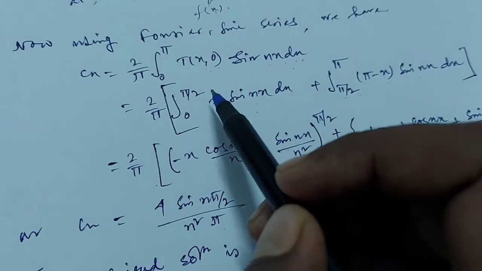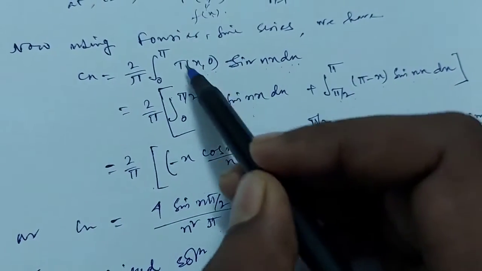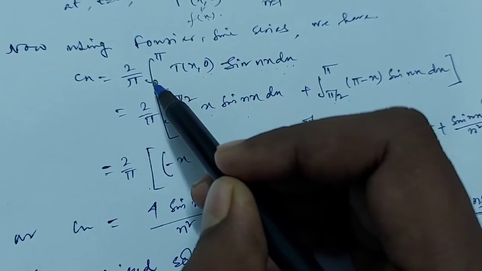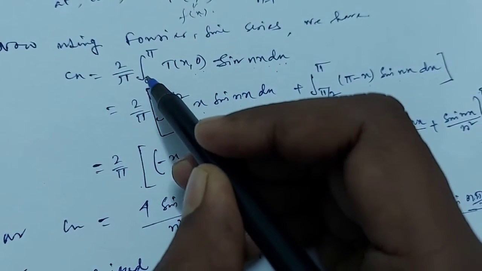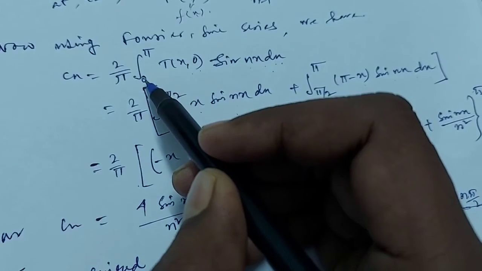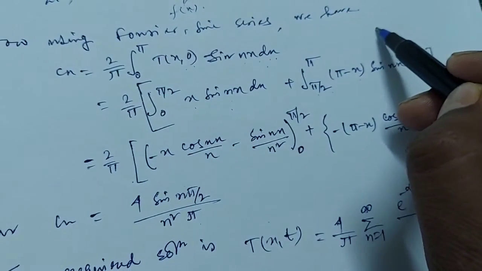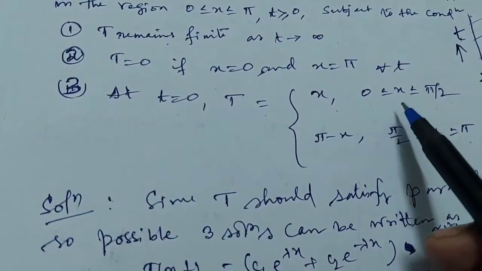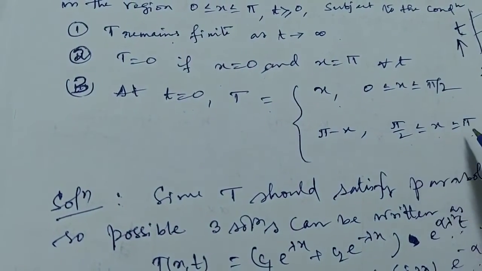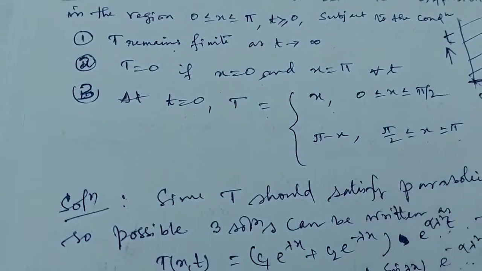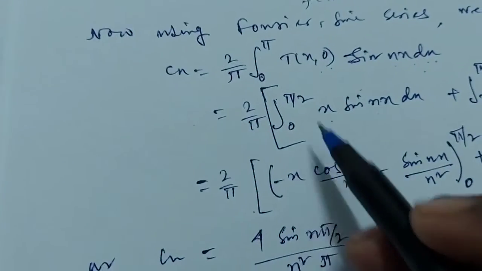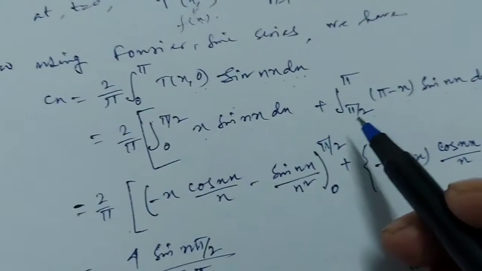Now we shall integrate this by dividing the whole interval into two parts, which are given in the condition: 0 ≤ x ≤ π/2 and π/2 ≤ x ≤ π, where the values of T(x,0) are given. So putting this value, 2/π [∫ from 0 to π/2 of x sin(nx) dx